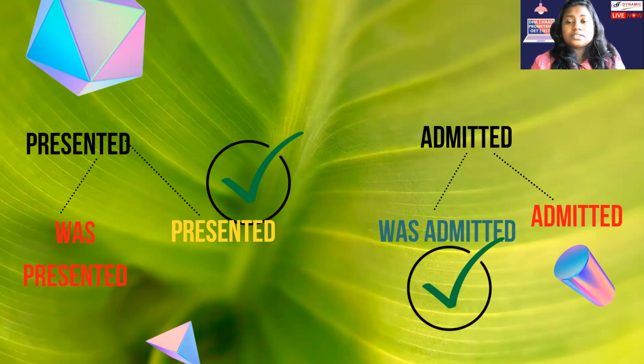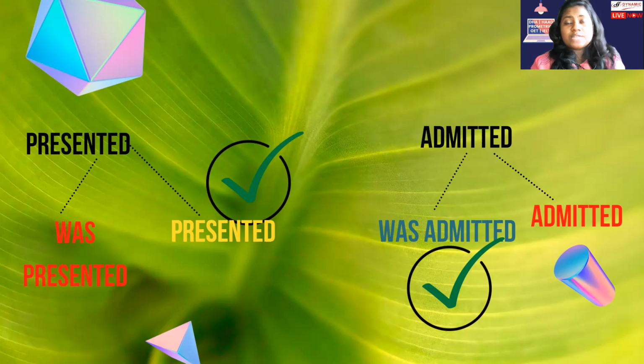Then I will explain why "was presented" and simply "admitted" is wrong. Admitted means admission. When a patient comes to hospital, if his disease condition is serious or is a cause of admission, then surely the person will get admitted. So admission is not done by the patient. The patient receives admission from the health professional. The doctor is going to admit the patient. We are not considering who admitted that patient, only what this patient got. The patient got admission. That means it has to be in passive voice.